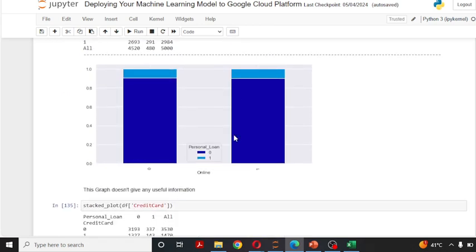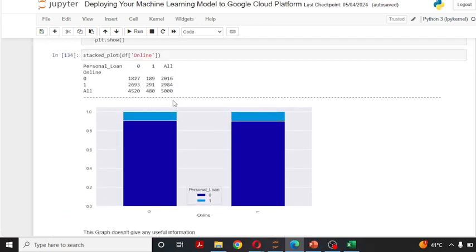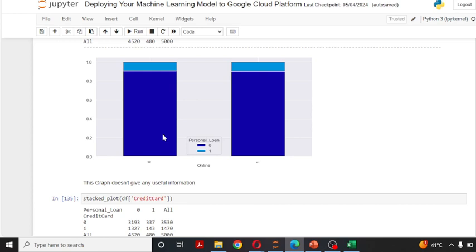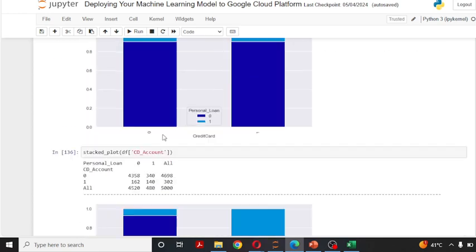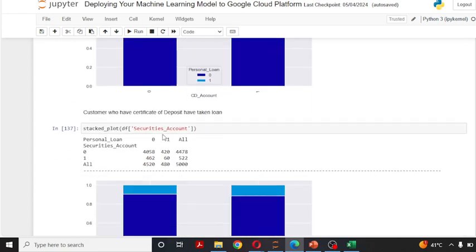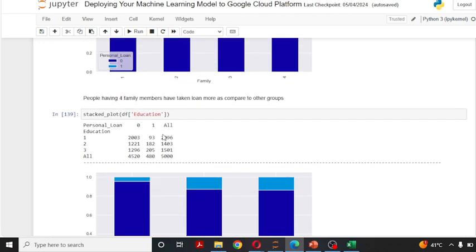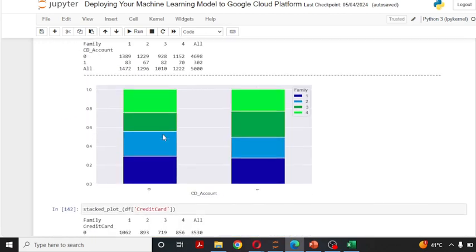Then the personal loan. Personal loan is our dependent variable, which tells whether to give the person a loan or not. One means they will pay back the loan, zero means they will not pay back the loan. So this is the distribution we can see here. I go through all the variables in the same way. Once I perform the EDA,